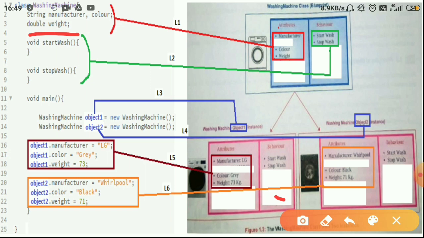So the attributes here are represented through instance variables or member variables. Member variables or instance variables are those variables which come in the class but outside of the functions.